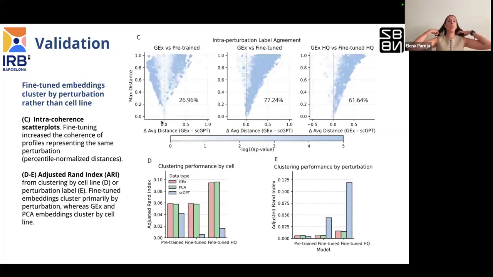Okay, so we further quantified this using 2 complementary approaches. First, we did this intra-perturbation label agreement. This means that for each specific perturbation, we compute within pairwise distances, and then we compare these within distances between the embeddings and the gene expression. If the point is on the right, this means that the distances were smaller in the embedding. As you can see for pre-train, only 27% of the cases are significantly smaller than in gene expression,